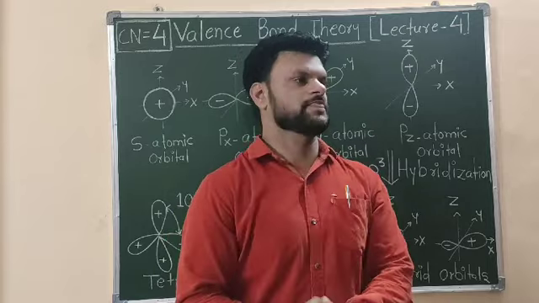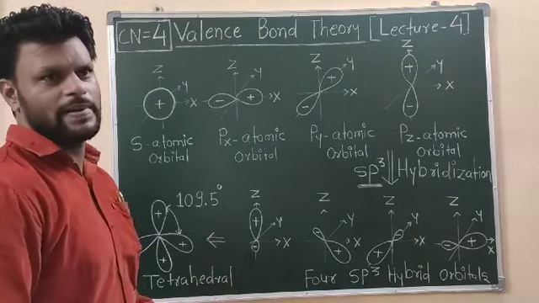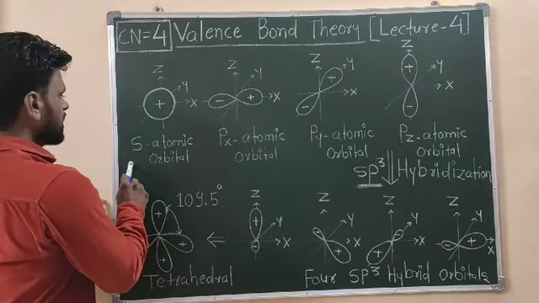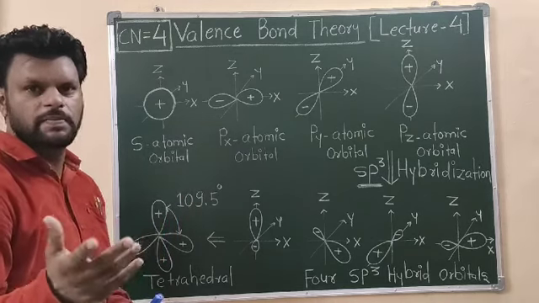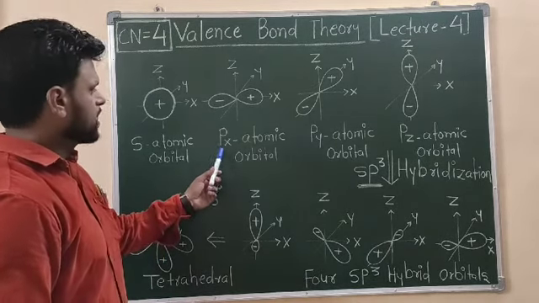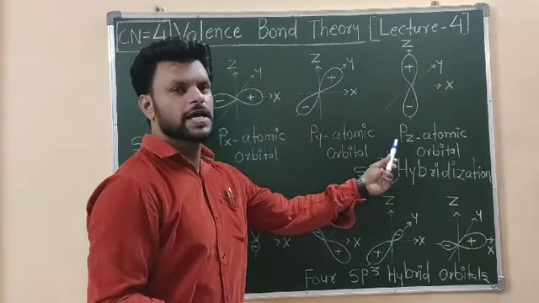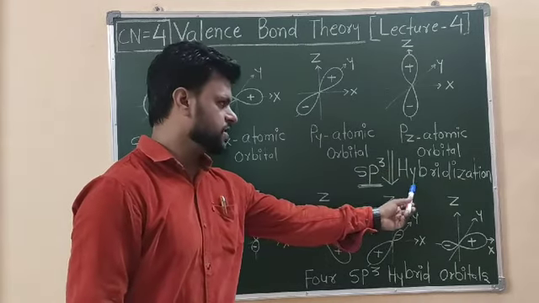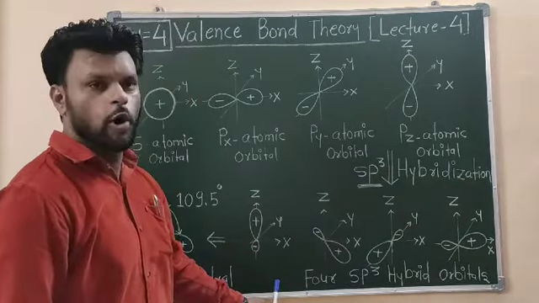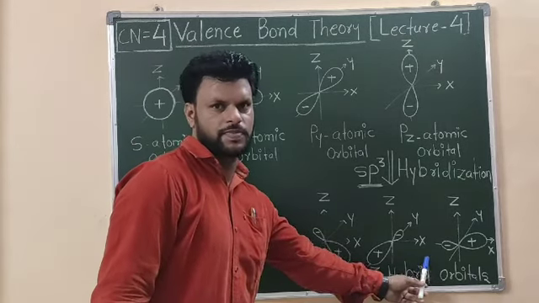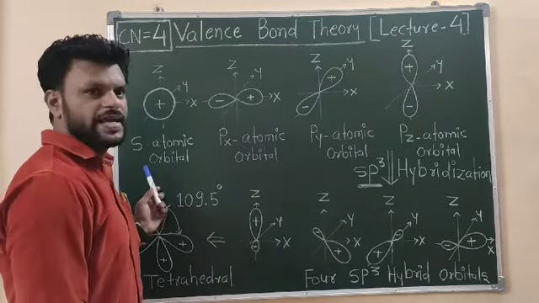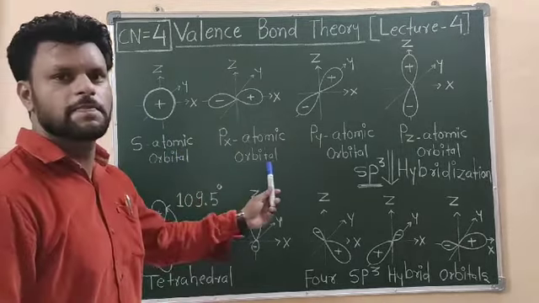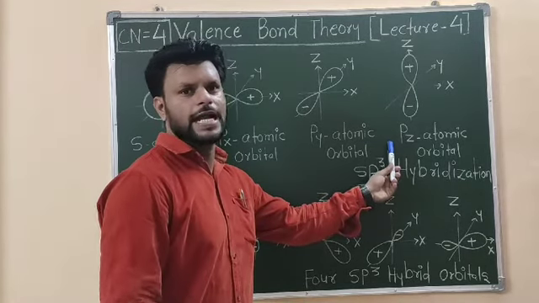Let's start our discussion. Now imagine that a complex is having sp3 hybridization, and the s atomic orbital of the metal as well as the px, py and pz empty atomic orbitals of the metal will undergo the process of sp3 hybridization and give rise to 4 sp3 hybrid orbitals. The s atomic orbital is spherical in nature, whereas the px, py and pz have a dumbbell shape.